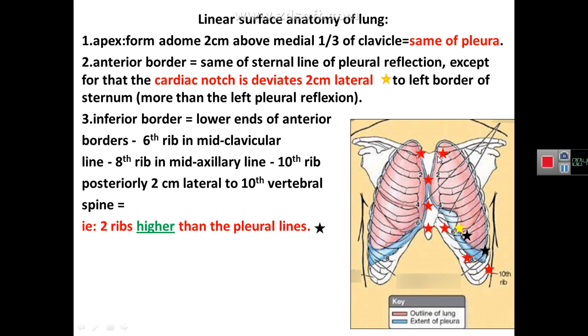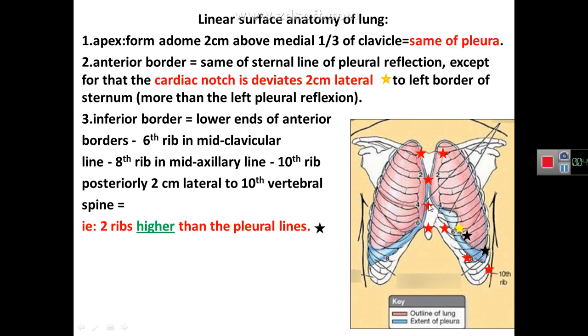Then for both sides it will be the midpoint at the level of the sternal angle, which is the level of the second costal cartilage, down to the midpoint at the level of the fourth costal cartilage. These are the same points for the